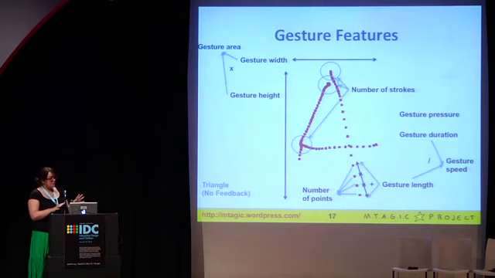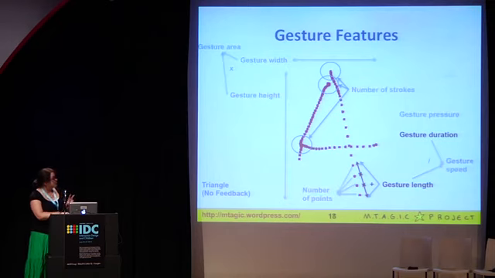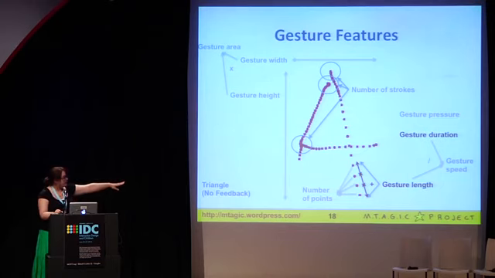So I'm not going to go into detail on all of these features and how we computed them in the talk, but they are specified in the paper, along with how they're computed and where they come from. But for this talk, I'm going to focus on 2 features: gesture length and gesture duration as case studies. So gesture length is down there on the bottom right, and basically this is just the cumulative sum of the distance between the